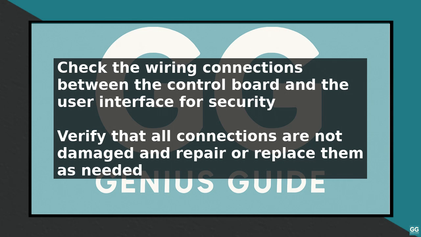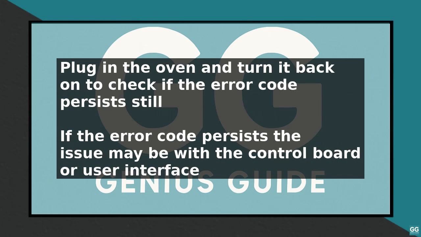It is recommended to consult the user manual or contact a professional appliance repair technician. If you are not comfortable with DIY repairs, they can provide guidance and assistance to resolve the issue. Additionally, always follow safety precautions when working with electrical appliances, and make sure to unplug the oven before starting any repair work. By following these steps, you should be able to fix the KitchenAid oven error code F6E0 and get